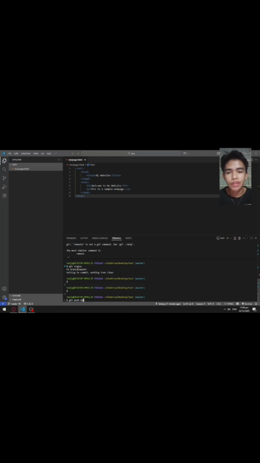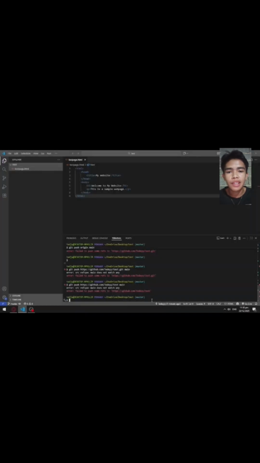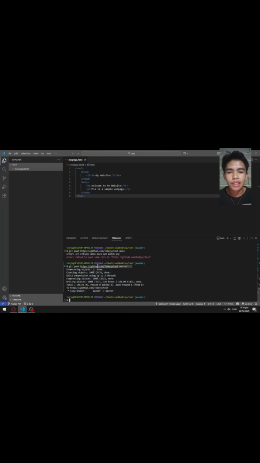Then git push origin, go to your account again then refresh, and if it is not running, change main into master and enter it, so that your project Git has been pushed to your GitHub account.